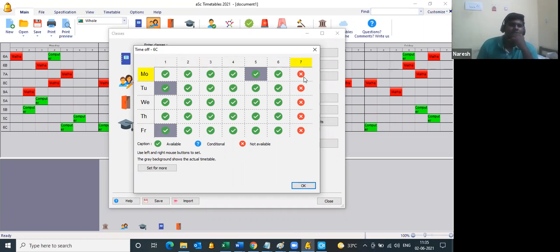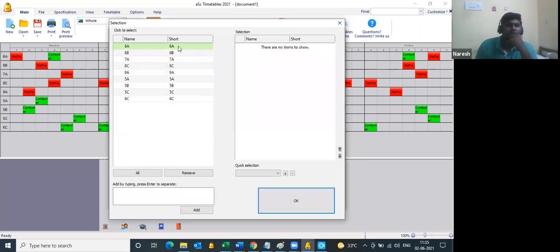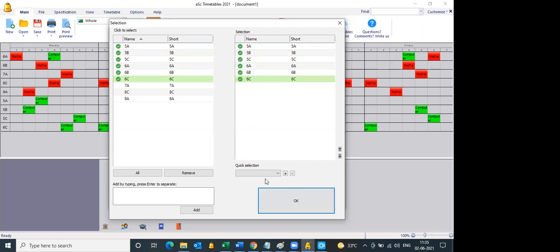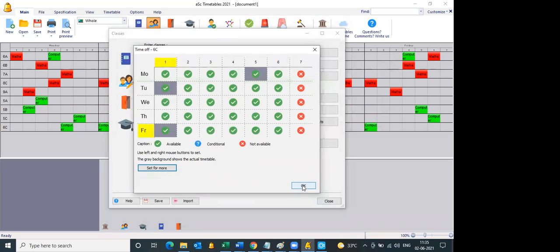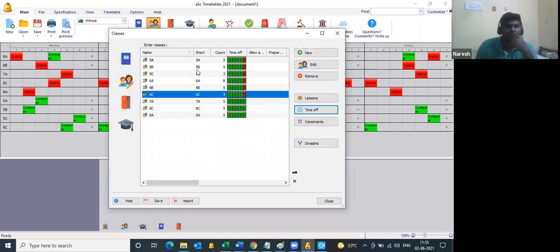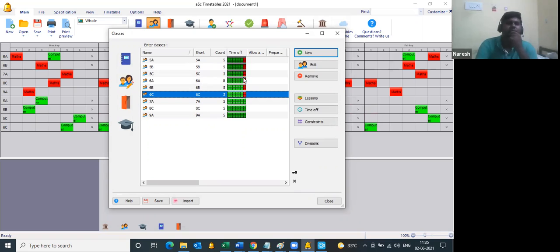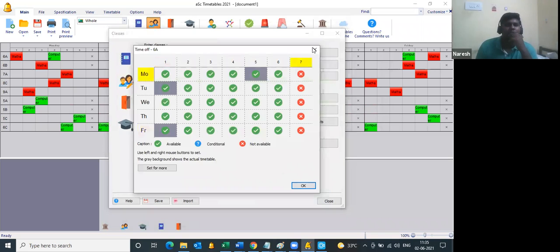You're getting it? Similarly, not just this 6C, but for other classes also, like 5A, even second standard, third standard, we have to do the same. Once you set it for all and click OK, you see 5A, 5B, 5C, 6A, 6B, 6C, the last 7th period is highlighted in red, which means the 7th period is timed off for this particular class.